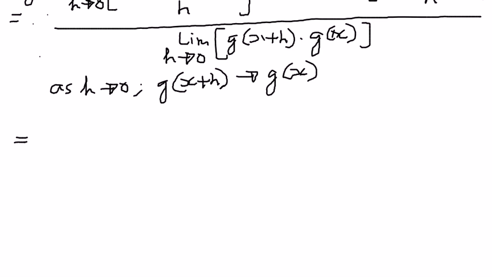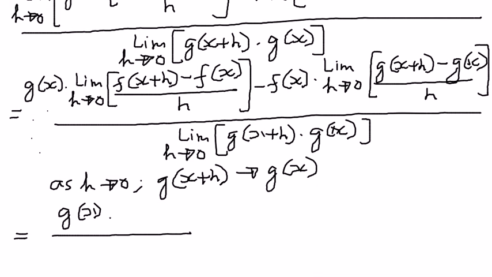We can write this as g of x times this part here. I'm going to show this in a different color. This part here is nothing but f prime of x. This is f prime of x, like that, minus f of x